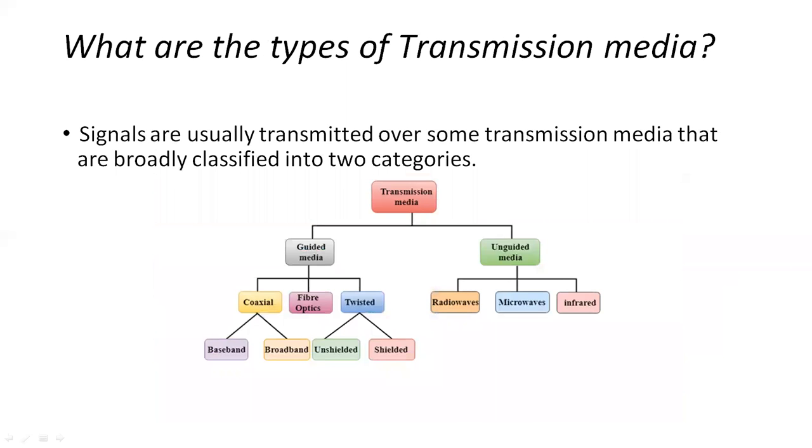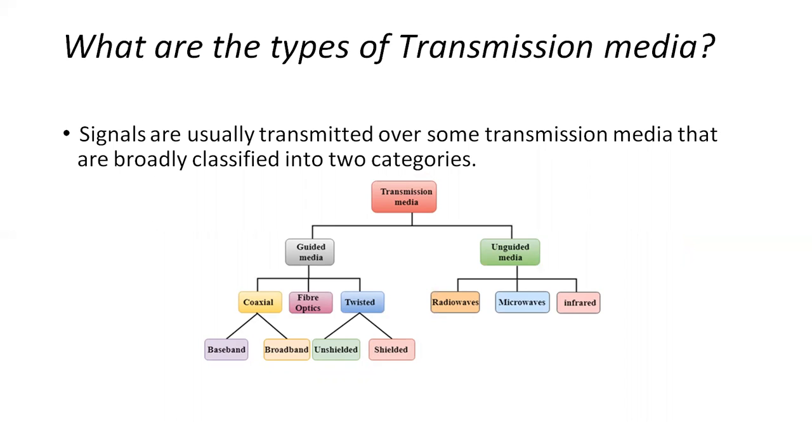What are the types of transmission media? Signals are usually transmitted over some transmission media that are broadly classified in two categories. The first one is the guided medium, the second one is the unguided medium. Guided media are those that provide a conduit from one device to another, and include twisted pair, coaxial, and fiber optic cable. A signal traveling along any of these media is directed and is contained by the physical limits